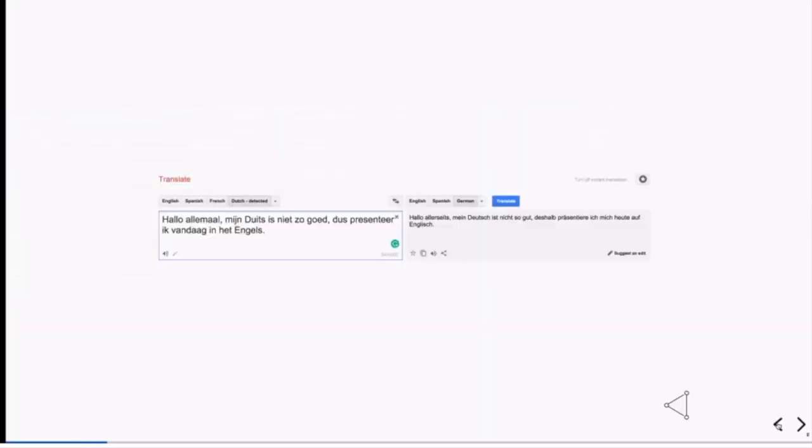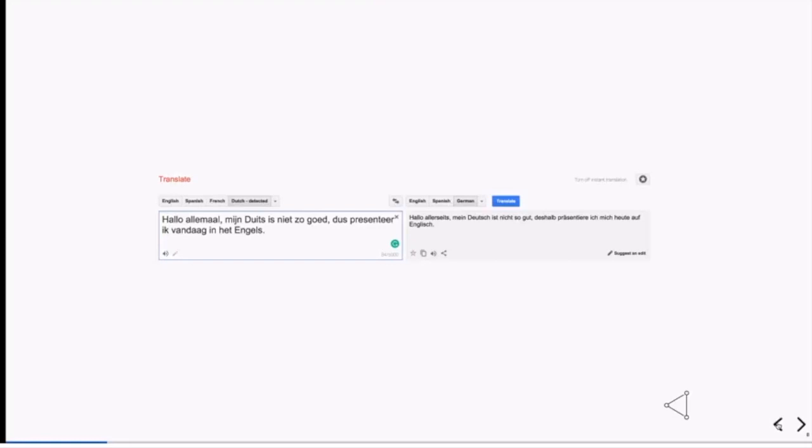This is from Google Translate. When Google Translate was released a number of years ago, it had really laughable results, but it's getting better and better. Nowadays, if you're using Chrome, you get a small button, you click translate this page, and it's usually quite correct. I translated this from Dutch to German, and now my German is good enough to detect